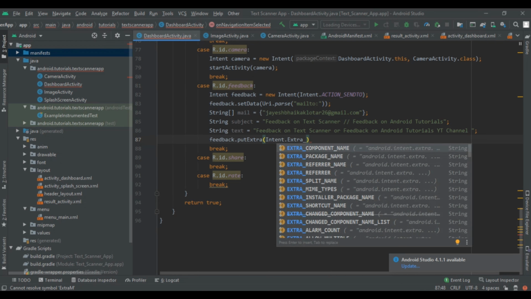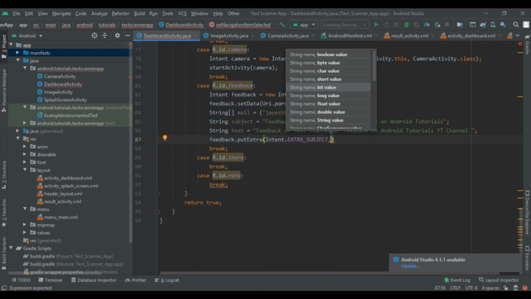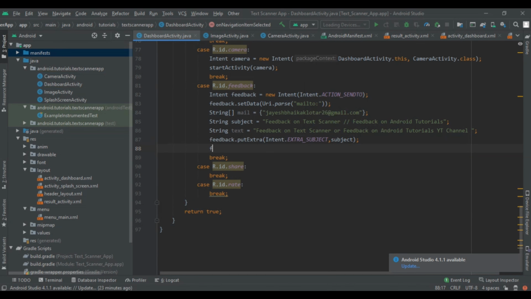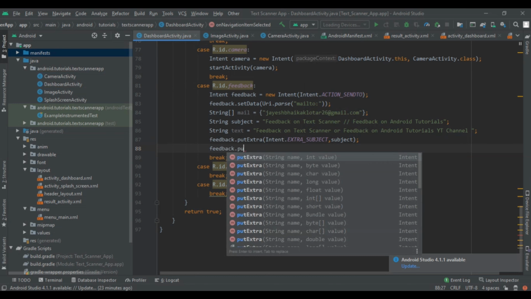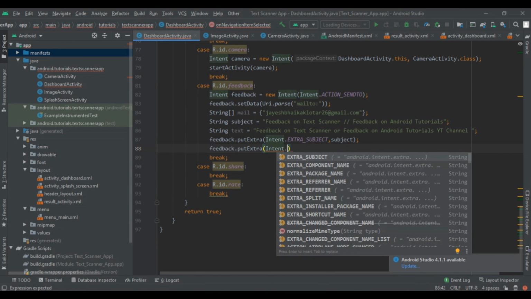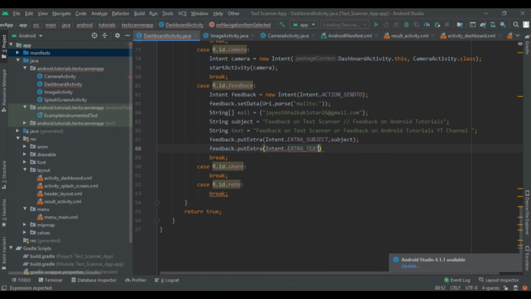So subject is our subject only, and then give feedback dot put extra intent dot extra text, and then put our extra text,